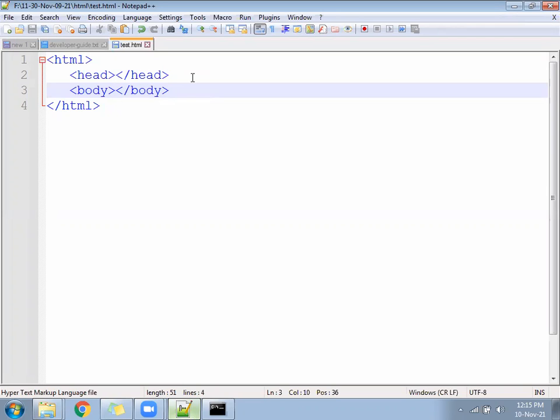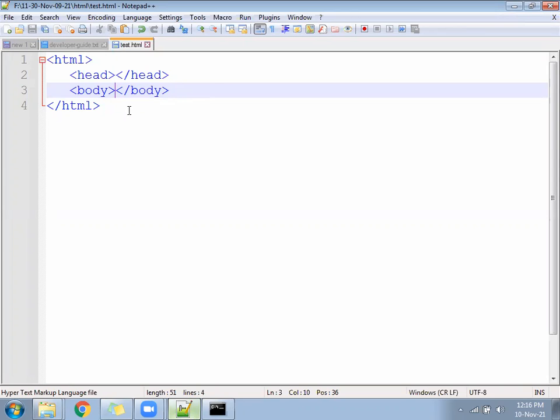Now you can identify easily: is head dependent or independent? Clear? Dependent only. Why? Because it has open and close, and body is also open and close. That is also called dependent. Suppose head is open, it's a dependent tag, and head is not closed, and you started with the body. Then what will happen? The document structure will be wrong. Your JavaScript will get confused about where it starts and where it ends. JavaScript will not manipulate properly. So because of that, we need to remember dependent and independent tags.